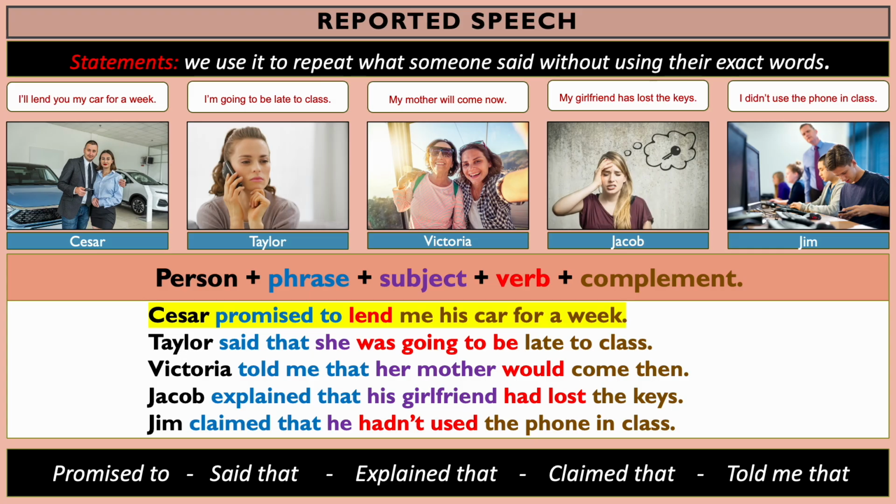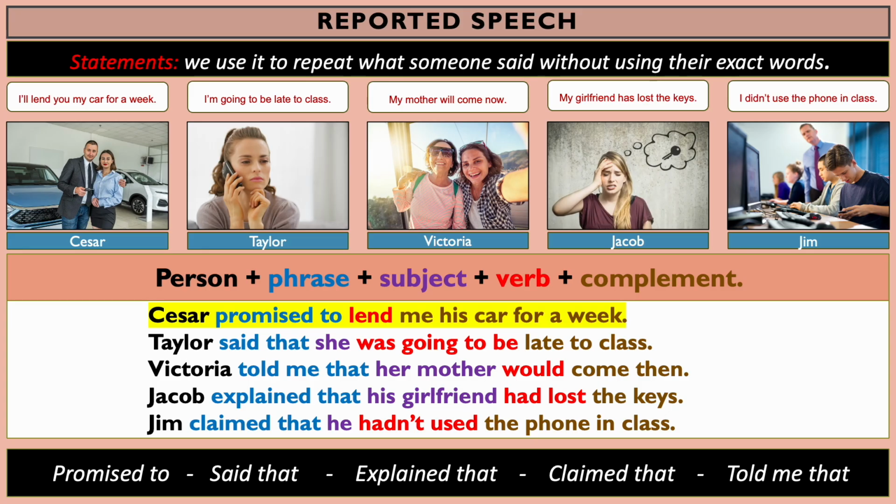You can use explain that for an explanation or explication. You can use claim that for an affirmation. And you can also use told. In this case, told me, told him, told her. Use told and the object pronoun. After the phrase, you need a subject, the person that is receiving the promise or the information. And then we need a verb and the complement. For example,